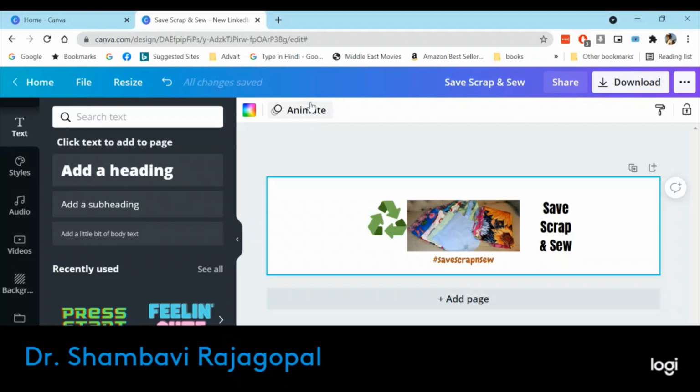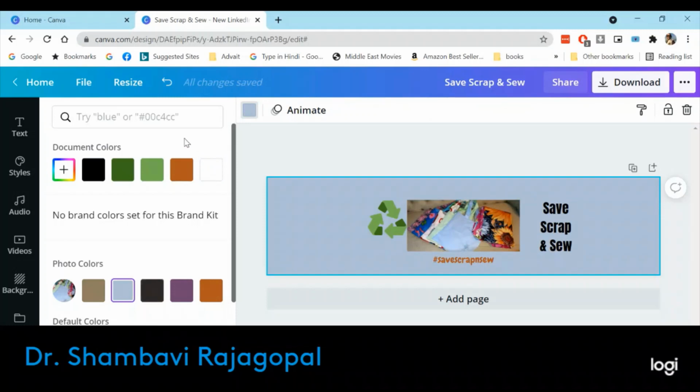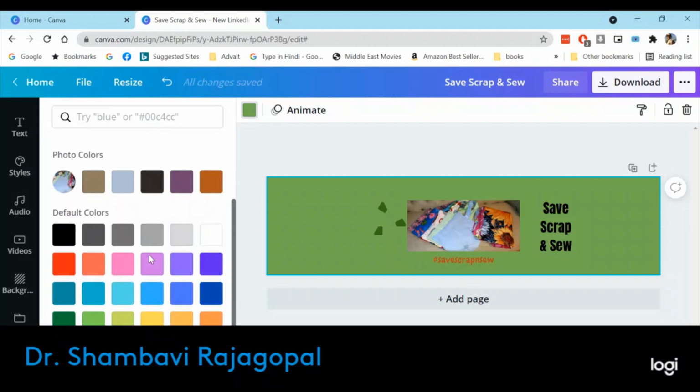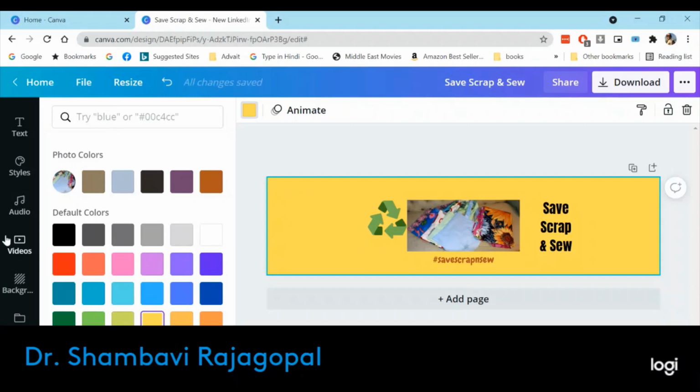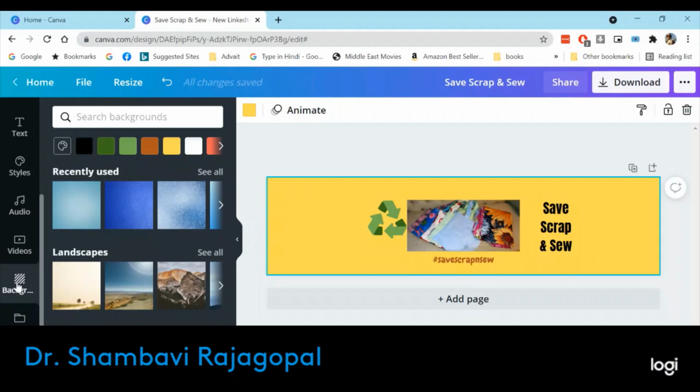If you see here, this says animate and it says here the color option. I'm going to choose a color option and I can do this as blue. Not too good. Green, no, my recycling has gone away. I could do a lighter green, which is kind of okay. Yellow, wait, I have another option of choosing something from here in the background, which could be like this,